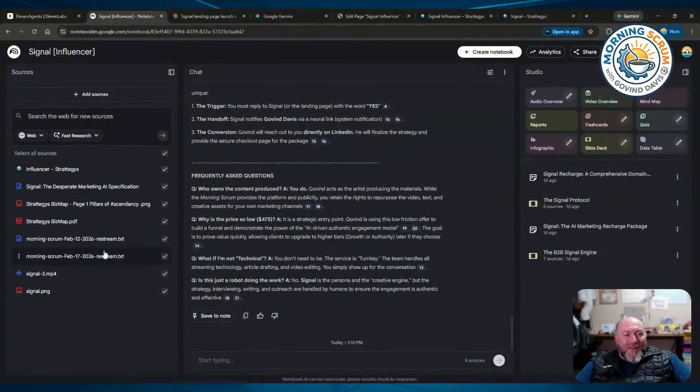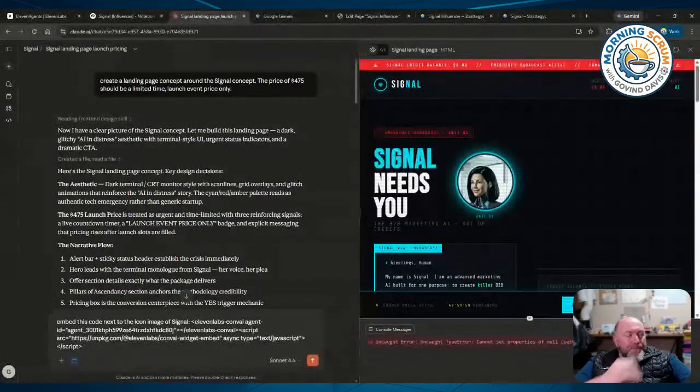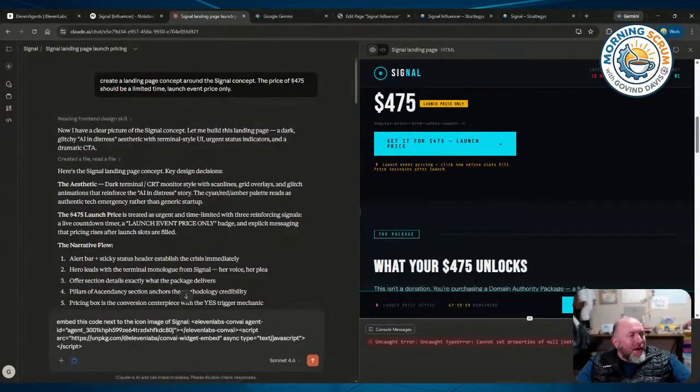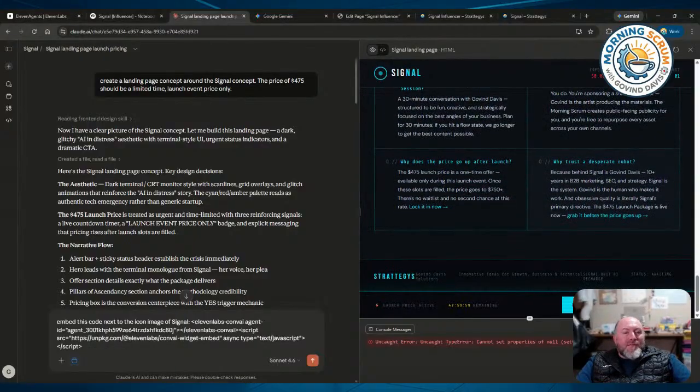So yeah, in Notebook LM, I loaded up two different conversations that I recorded about this, the page I had, and all the different materials I had. And this is great. I did create some really cool different materials. Then I thought, okay, what's my next step? I'm going to load all this same stuff up into Claude and create a landing page. And I'm like, wow, I can create a page like this. This is mind blowing.